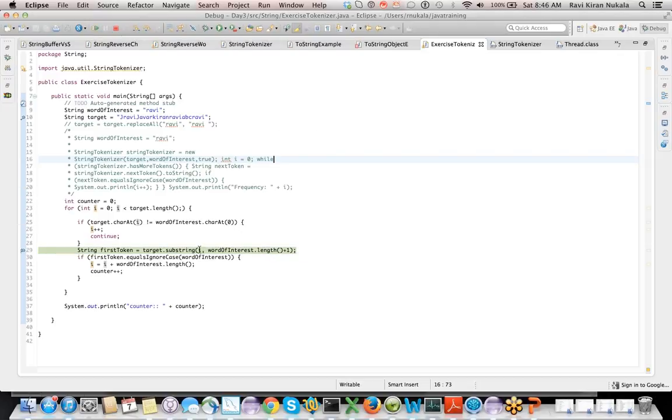And now i is 9. This is the problem. So i is 9: 0, 1, 2, 3, 4, 5, 6, 7, 8, 9. When it is 9, why would it be a word of interest for us?